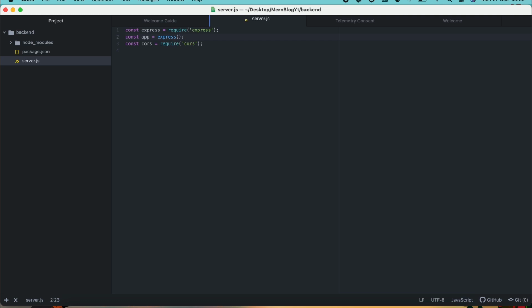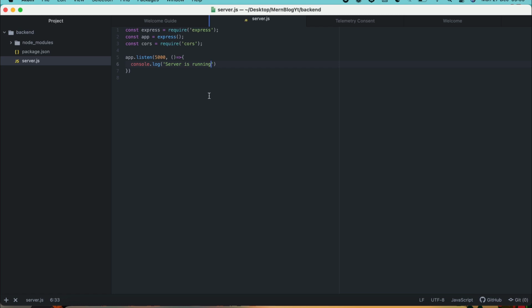Okay, and yeah, so we have the app ready, and we can say here app.listen. So we listen to a port which is the 5000 port. Okay, and then it's going to have a callback function where we just say console.log server is running,